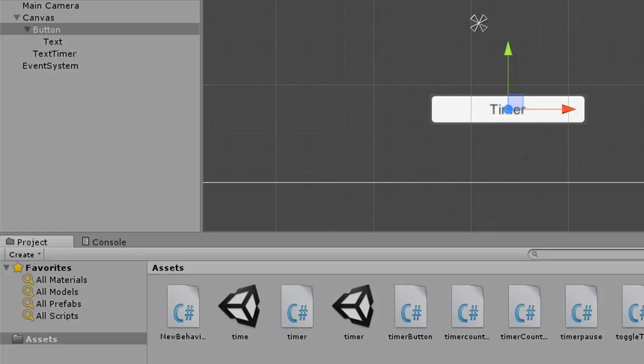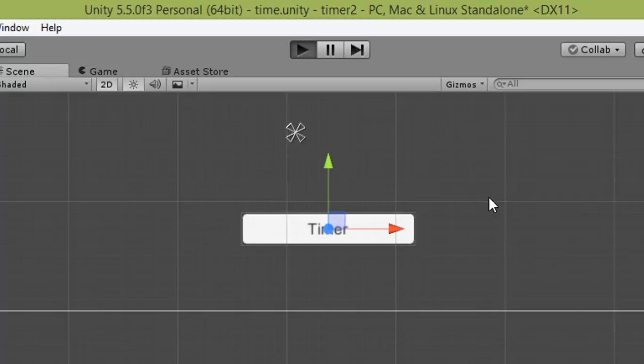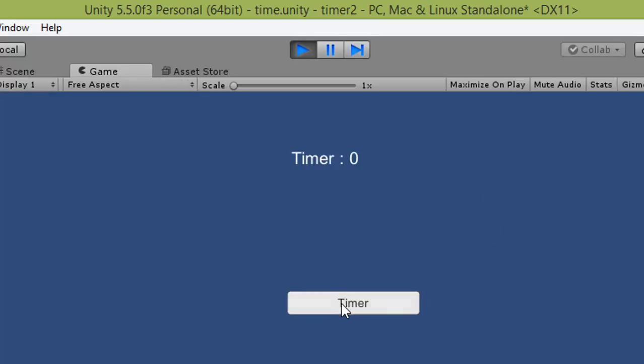So here, now you can see our timer here. It will be paused. But see,